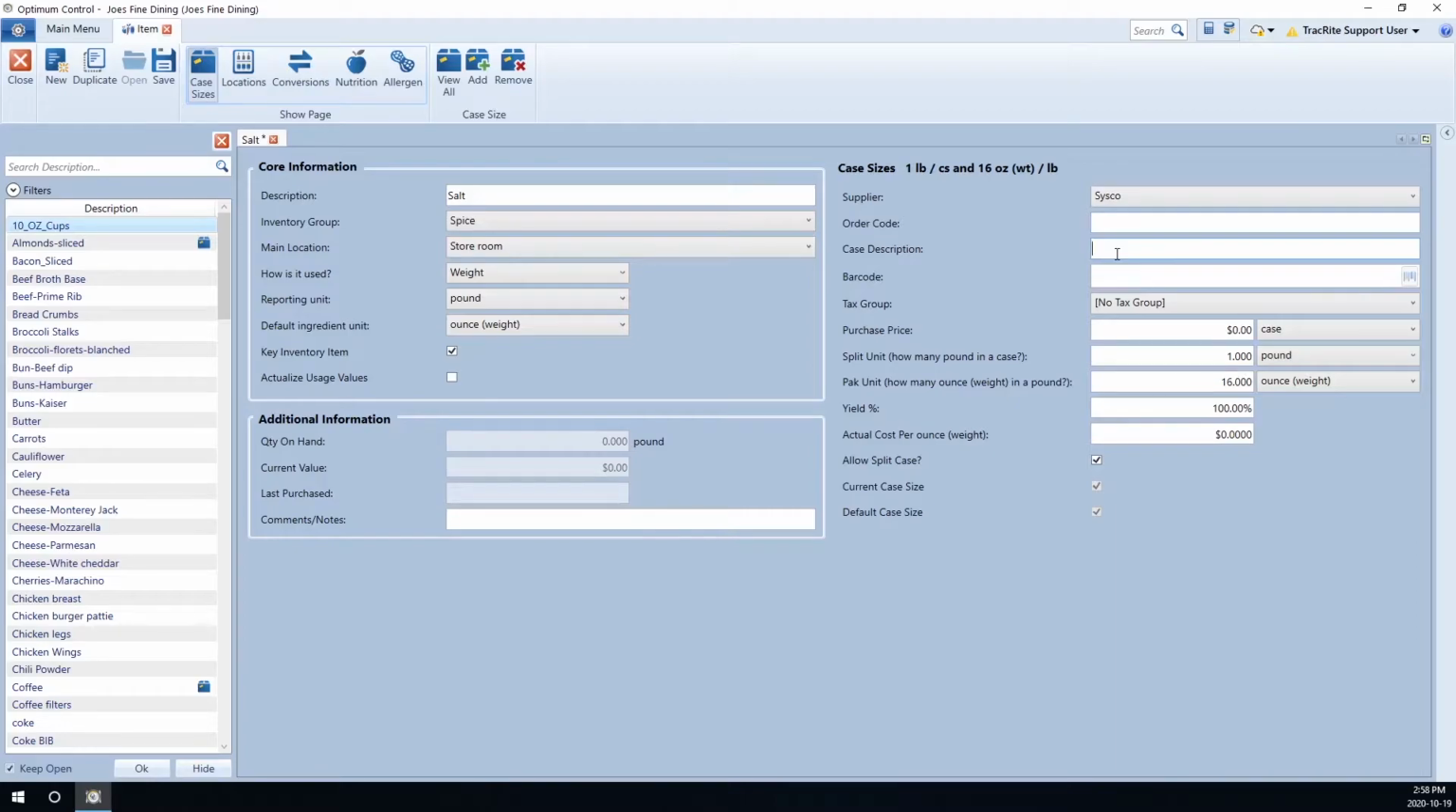The next field after the order code here is the case description. The case description, if you choose to use this field, must be your supplier's description. So whatever you see on their invoice, this field is used as part of the electronic invoice importing functionality if both the order code and description is used. I usually recommend leaving the case description blank, so when importing the electronic invoices, it only references the order code